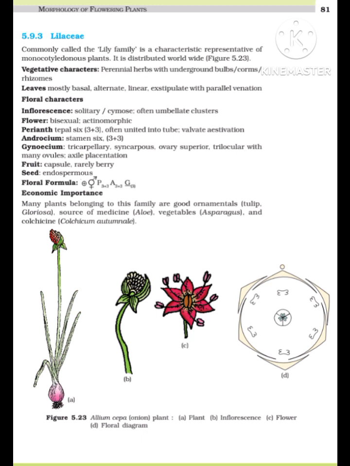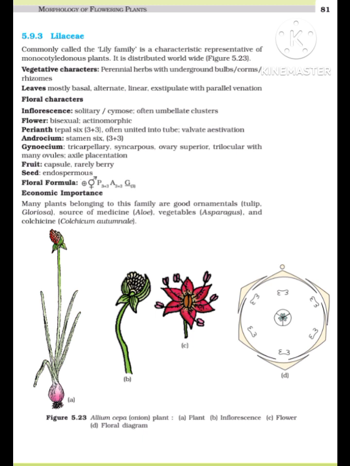Fruit capsule, rarely berry; seed endospermous. Floral formula: BrP(3+3) A3+3 G(3). Economic importance: many plants belonging to this family are good ornamentals: tulip, gloriosa; source of medicine: aloe; vegetables: asparagus; and